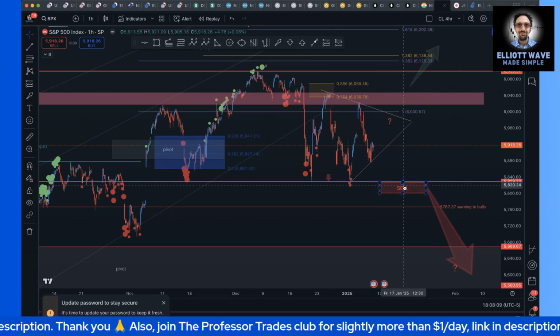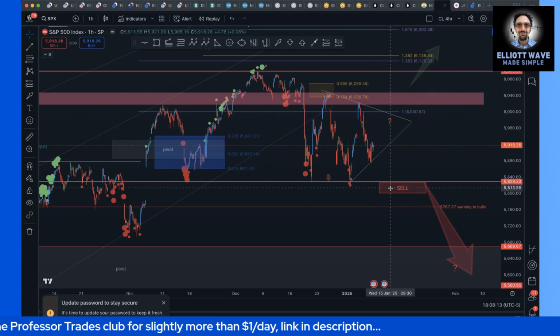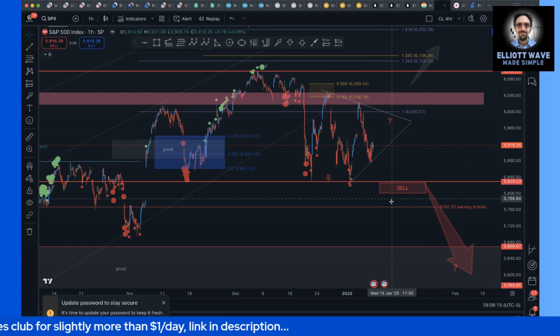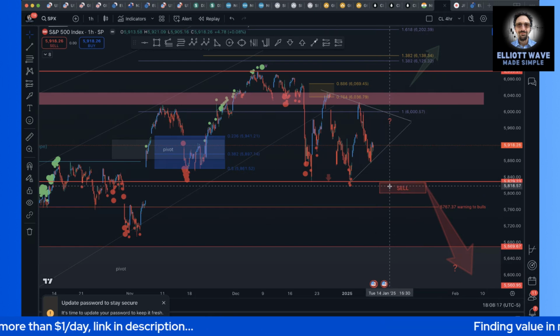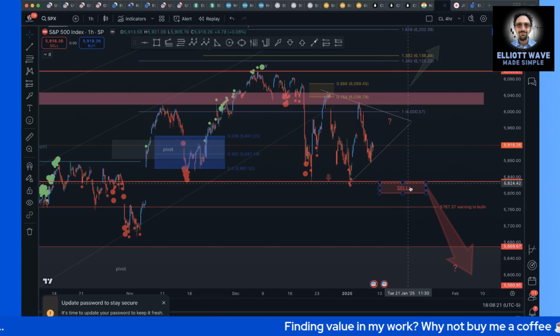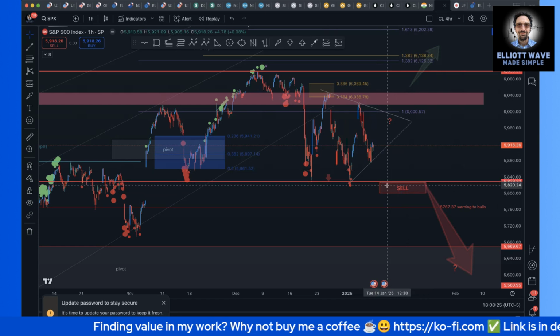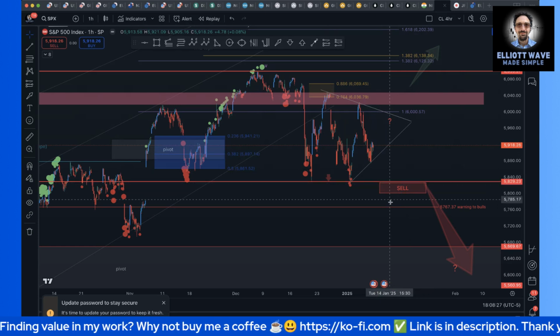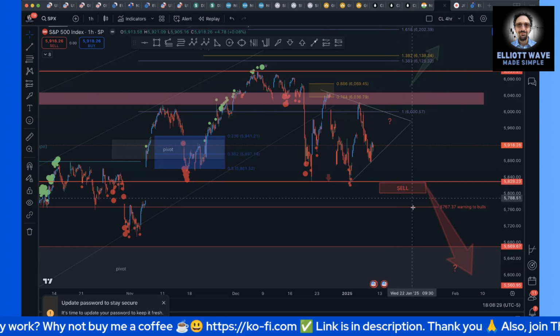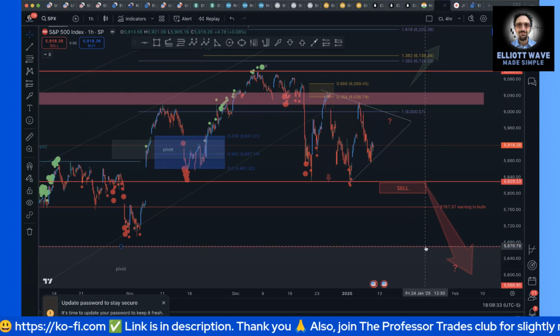That's why I have the sell box here. Coming down and getting a 1 hour, at minimum 1 hour candle close. And if you really want to be conservative, let a 1 hour candle close somewhere down here and then sell the back test. If you want to be aggressive, as soon as this breaks the low, put on a small position. Then if it comes back, keep adding to your position. And with a minimum target of 56.69, which is at the top of what I'm calling this pivot zone of